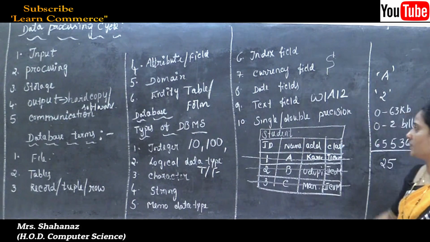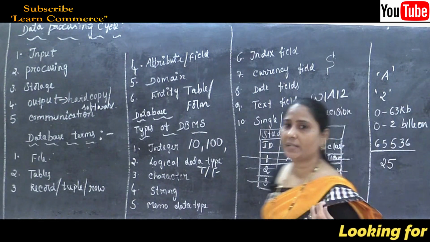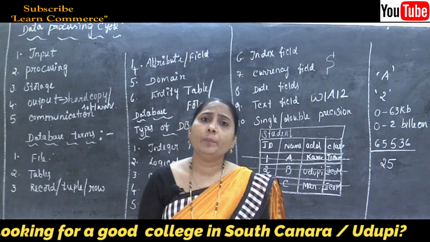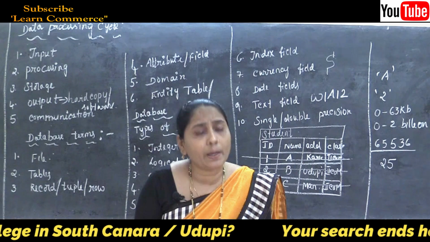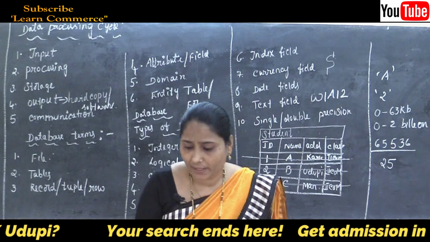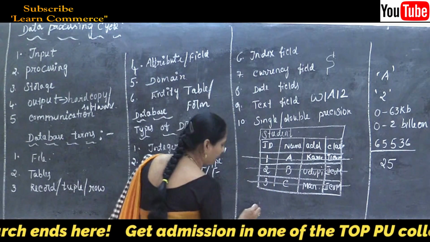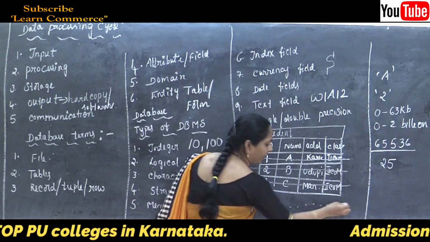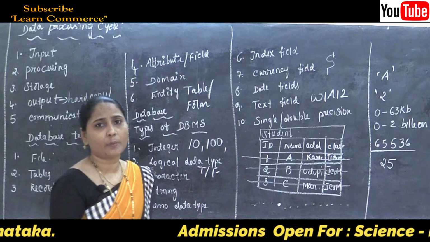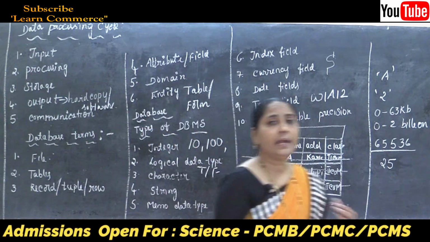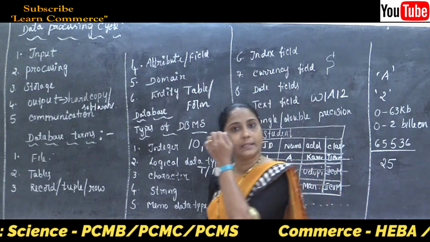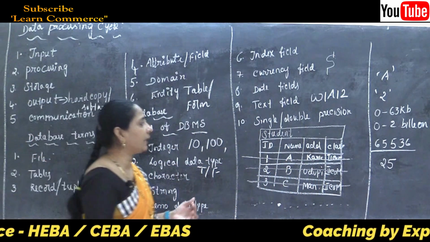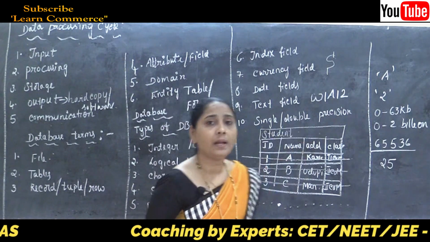Next one is single and double precision. Single and double precision means 7 significant numbers or values for a number. Maybe after writing many numbers, after the point we are using many numbers. If we want to enter this type of information while creating the database, the data type used is single and double precision.